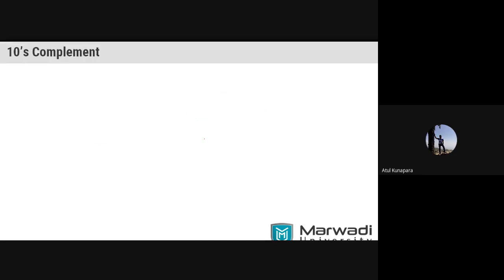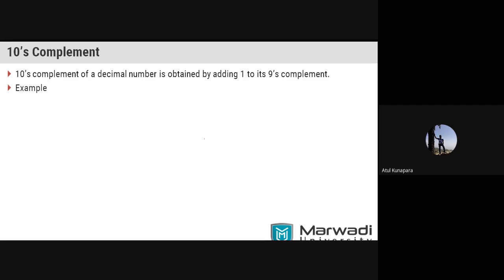Now let's see how you can get the tens complement form. Tens complement form is again similar to the twos complement form, or you can say second complement, in the binary system. Let us say this is the number. First you will convert it into the nines complement form. After you get the nines complement form, you add one more to the given answer, then you will be getting your final answer, that is the tens complement form, right?